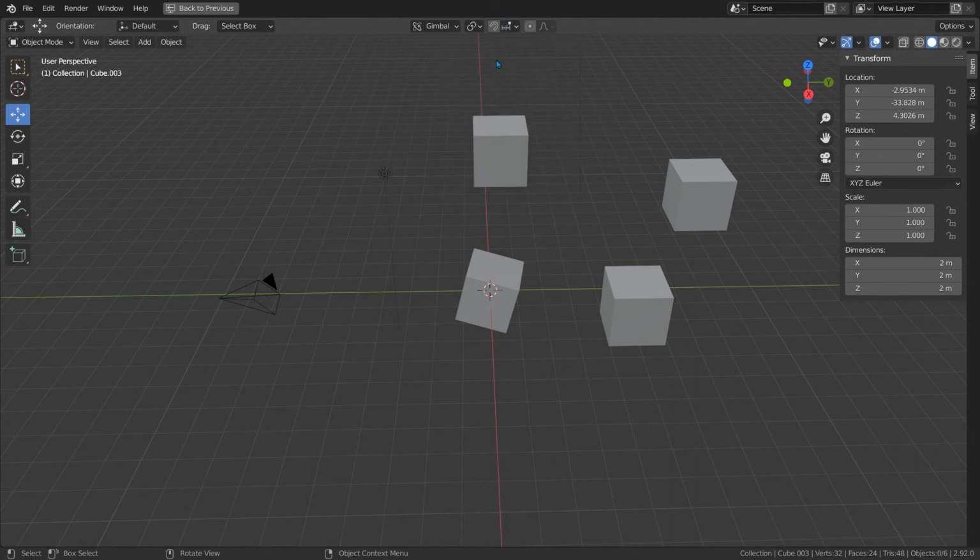The final tool we have in the controls section is proportional editing. This lets us move vertices, edges, or faces around a selection smoothly. So for example, we can select one vertex, but smoothly control the vertices around it. This is usually used in edit mode. However, it does work on objects too. Let me set up a scene so we can demo it real quick.